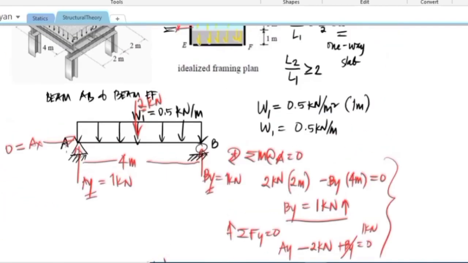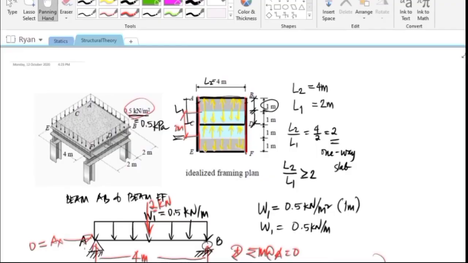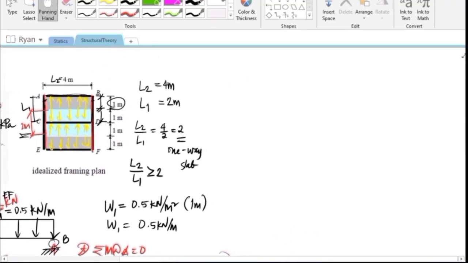Now, the loading that will be received by our girder AE is just the same as the loading that will be received by girder BF. If we isolate our girder AE, that would give us